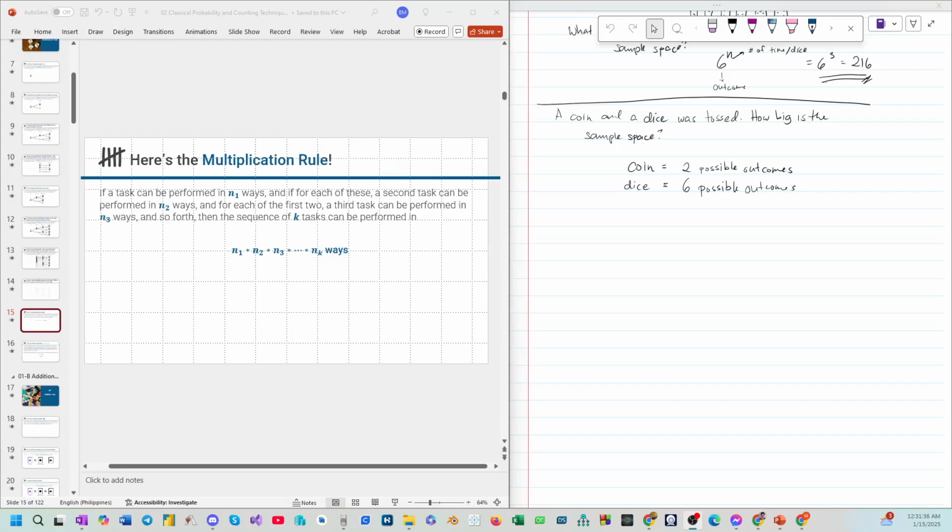outcomes. Therefore, the number of the sample space, or n of s, is equal to n of 1 times n of 2. You can say this is n1 and this is n2. So we have 2 times 6, we have 12